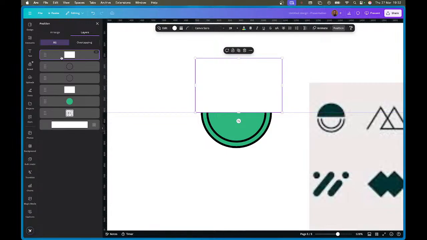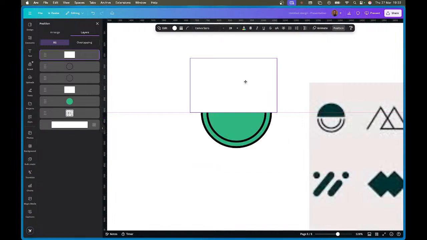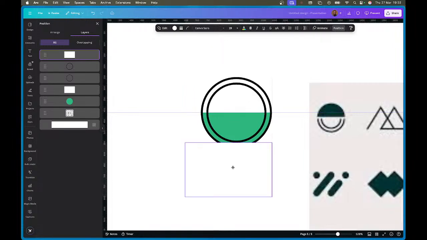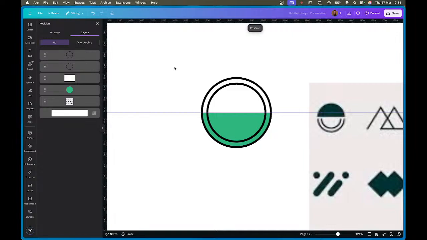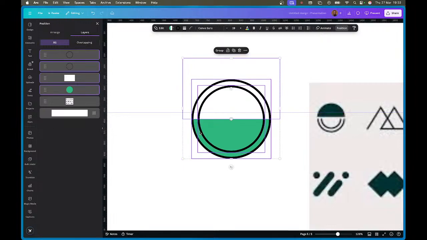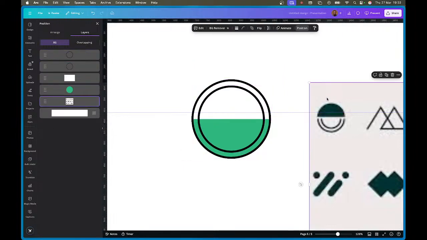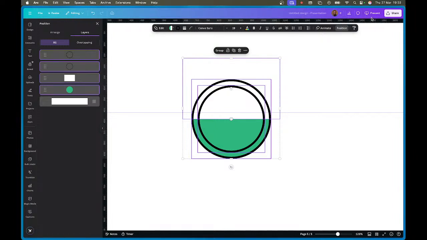bring it down. Okay, no, I think I bring it down here. Just give me a second. Before I bring it down, I'm sorry about that. Before I bring it down, I'm going to increase the size a little bit. I'm going to download it. I'm going to get rid of, let me copy this away. I'll download it